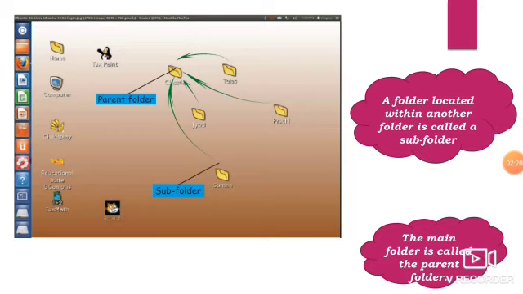Next we are going to see what a subfolder and a parent folder are. A folder located within another folder is called a subfolder. For example, in your home you have your system, isn't it children? In this you are going to allocate a space for what you create. First you have to create a folder with your name. For example, if the name is Priya, they can create the folder named Priya, and then in that folder you can keep the files. If you have mixed files or need a separate folder, you can create another folder.